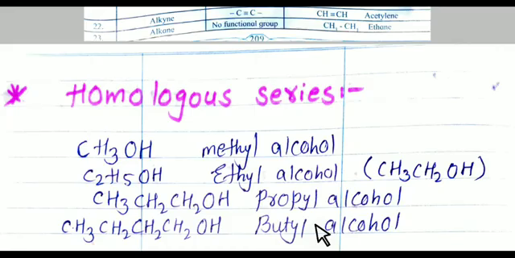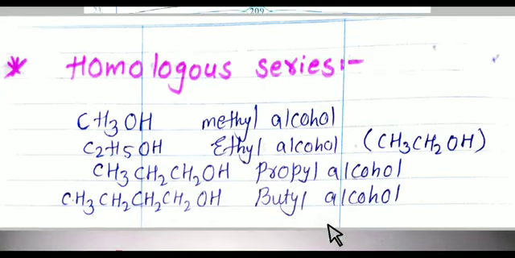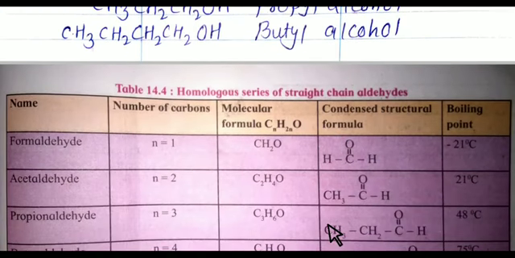It means that from upper to lower, molecular mass increases. Means in this series methyl alcohol has the lowest molecular mass and butyl alcohol has the highest molecular mass. A similar example we are taking here